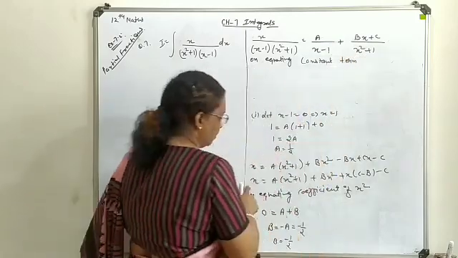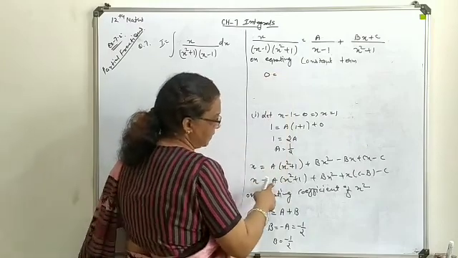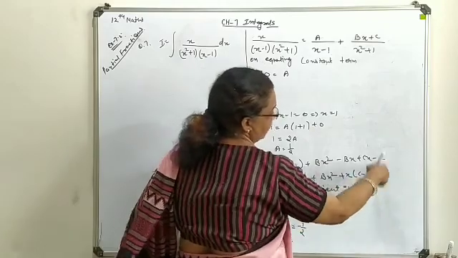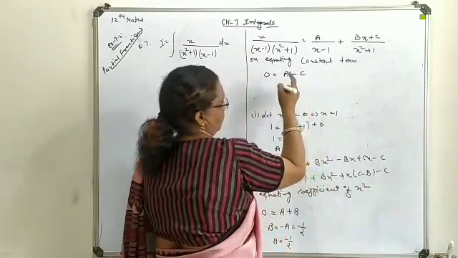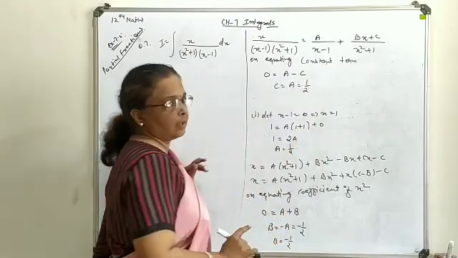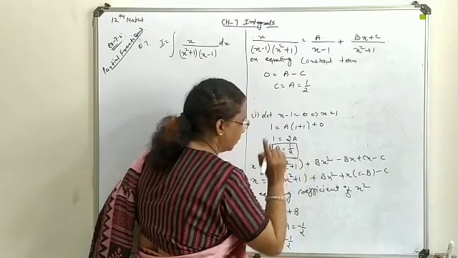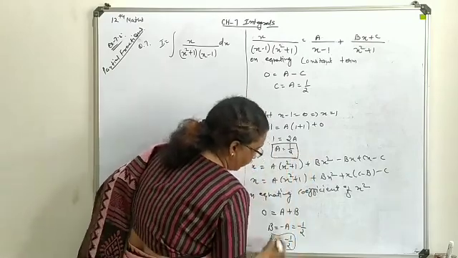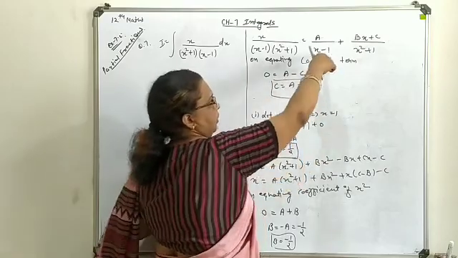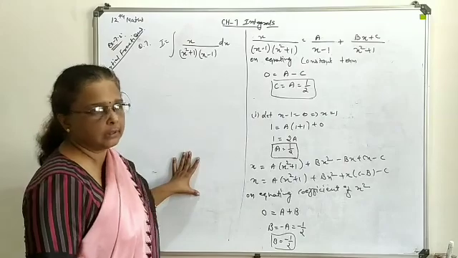So here again no constant term is present, so this will give you 0. Here the constant term means a multiplied by 1 means a. Here this is the minus c as a constant term. So here you can say c is equal to a already we are having means half. So this way all these three constants we will evaluate as a half, minus half and a plus half. These all three are to be substituted here to proceed about the integration method.